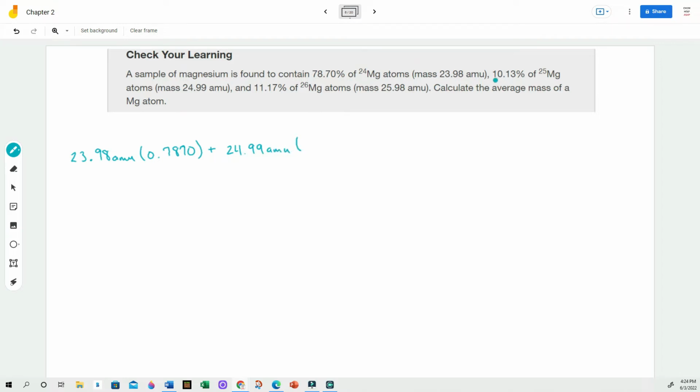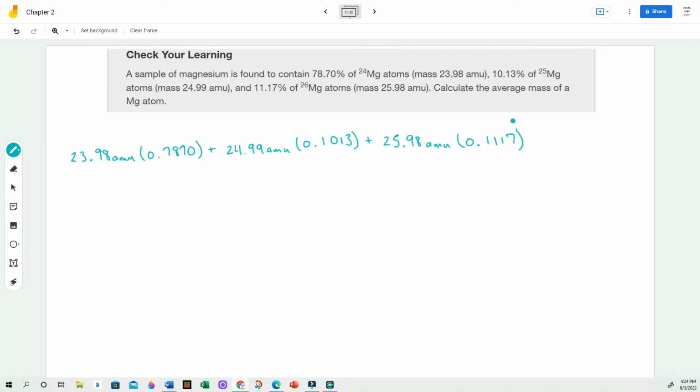And its percentage is 10.13. Again, converting that to a decimal means my decimal is 0.1013. Plus my last term for my magnesium-26. It has a mass of 25.98 AMU. And my percentage is 11.17, so converting that into a decimal,